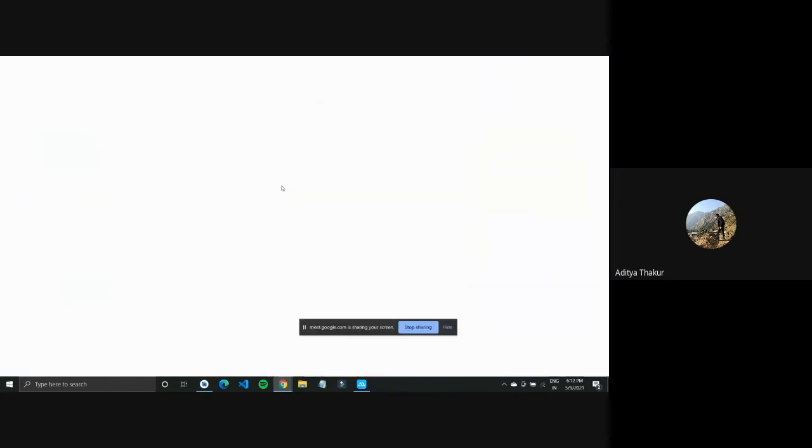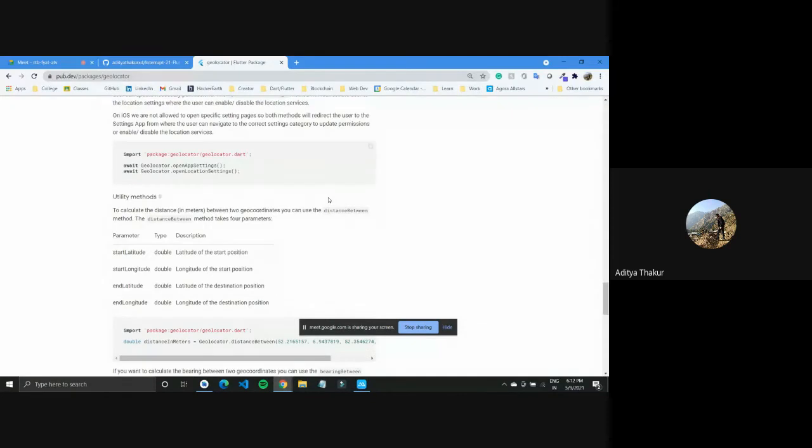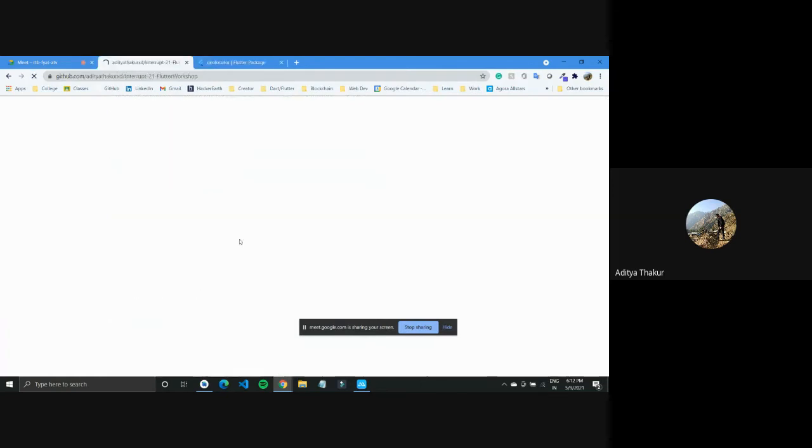But after we are done getting the location, once it prints to screen, what we need to do is use that location to get the data for that particular place. So I'll just go back to the repository itself, and for now we are just waiting on that application to restart again.